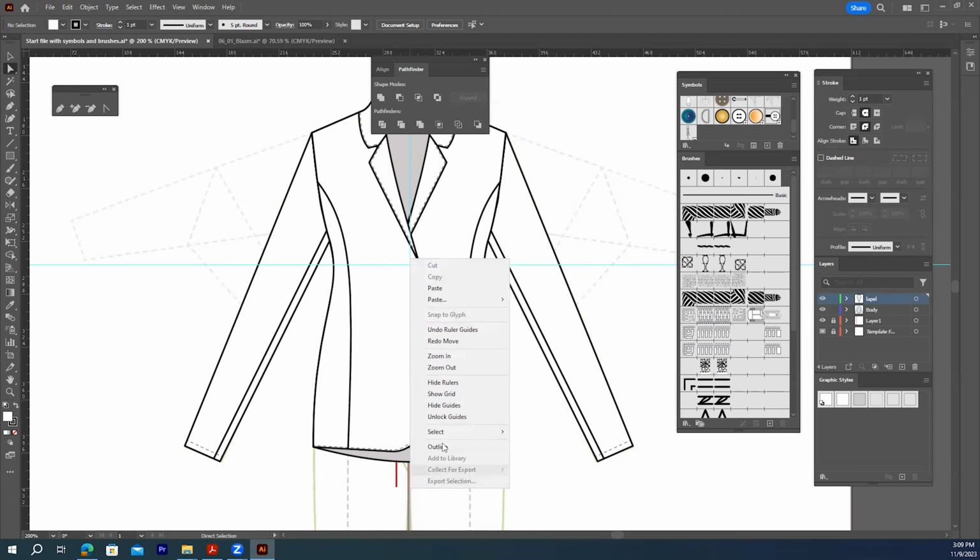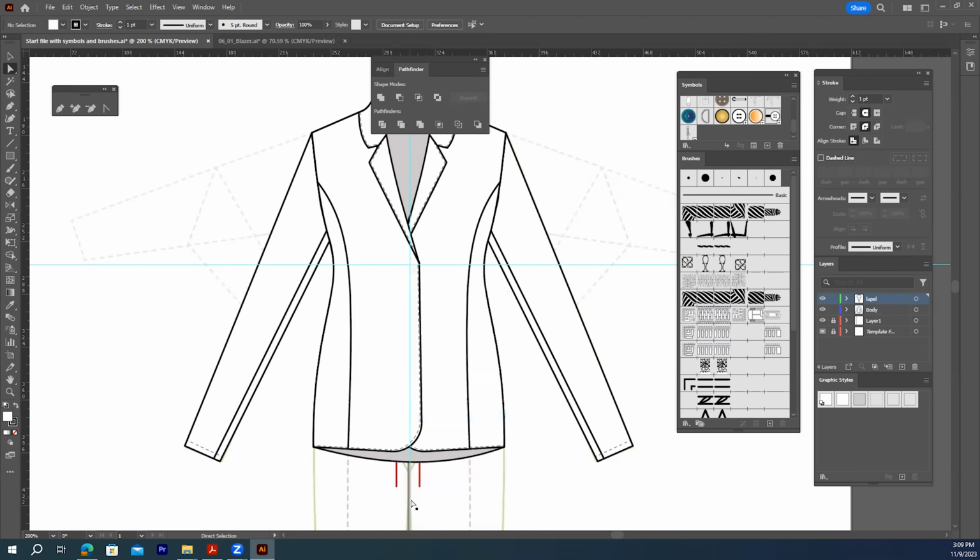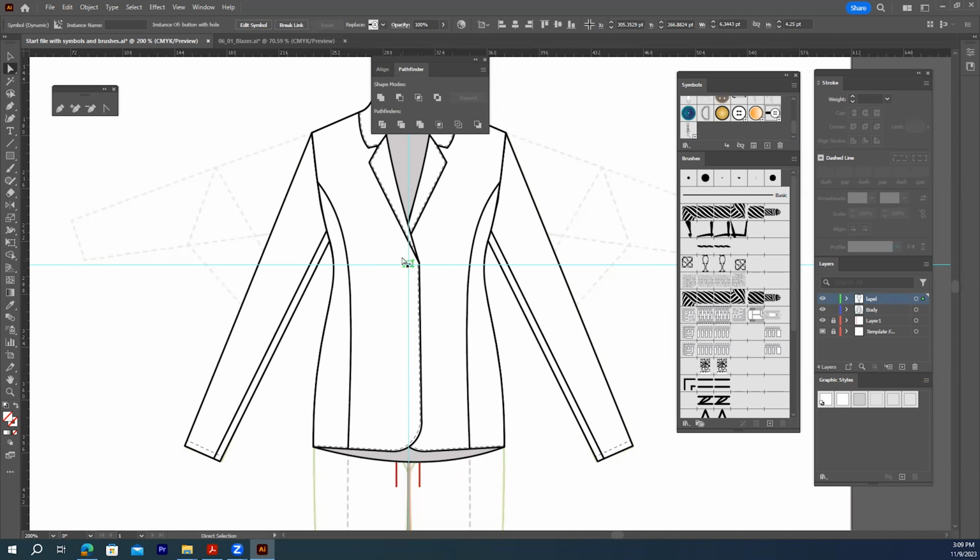Okay, I think it's locked. Unlock. And here. Now I can place my buttons. Okay, so let me find an appropriate button. So let me place this. It's a little bit small, so